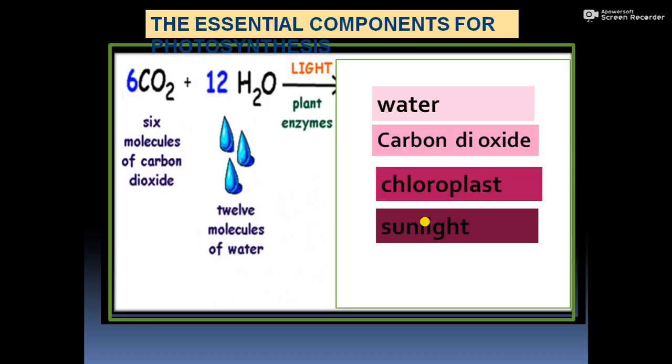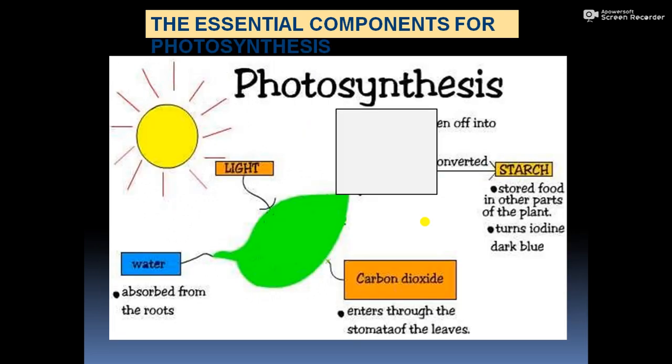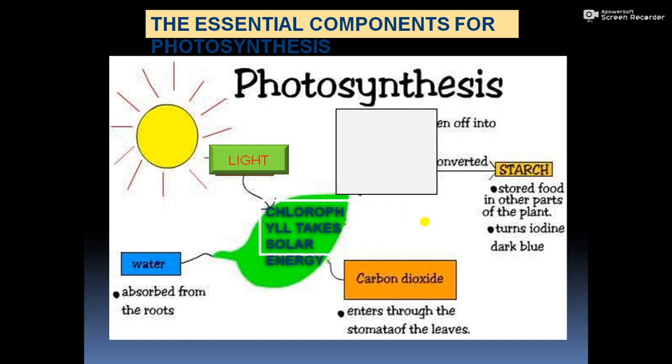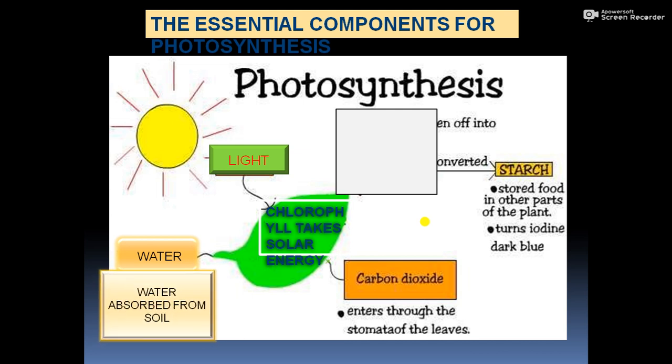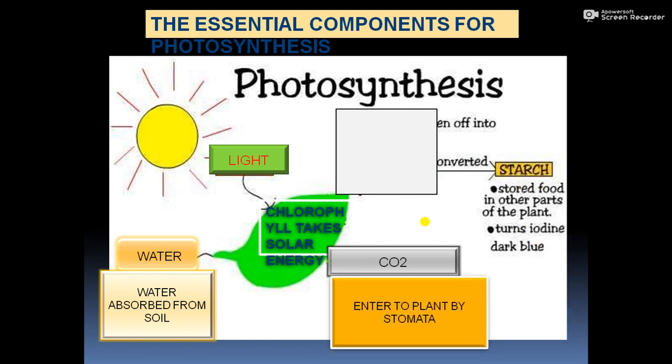So now, what are the essential components for photosynthesis? For photosynthesis, we need water, carbon dioxide, chloroplast, and sunlight. Here we can see the necessary things and where we can obtain them. First, the light comes from the sun, then the chlorophyll is in the green plant's leaves, water is absorbed by the root from the soil, and carbon dioxide enters the plant by the stomata from the environment,